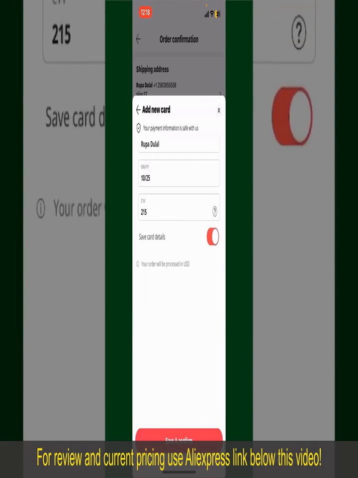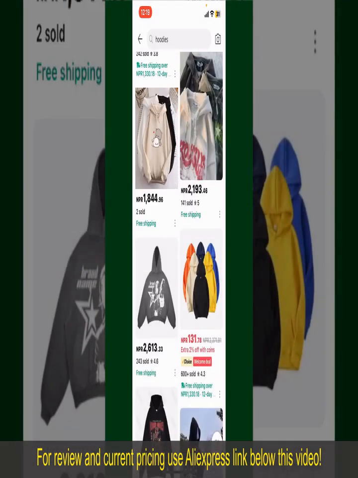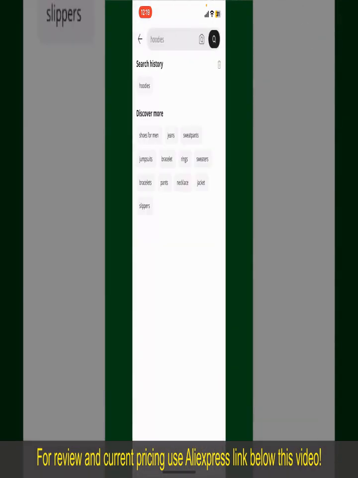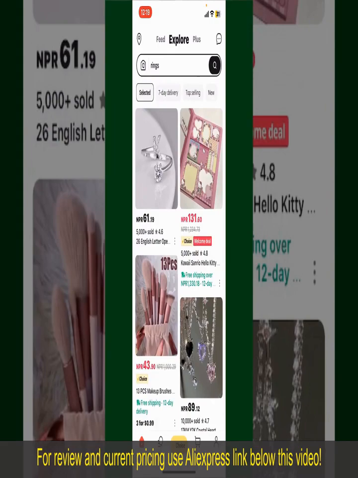After you do that, you'll be able to place order and finalize your product. After successfully placing your order, you'll receive an order confirmation with a tracking number. You can use the number to track the status of your shipment. Depending upon the shipping method and your location, all you need to do now is to wait for the order to be delivered. So that is how you can easily place an order on AliExpress.